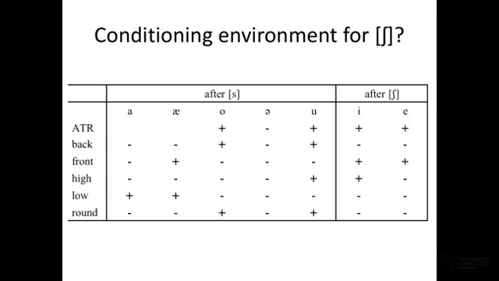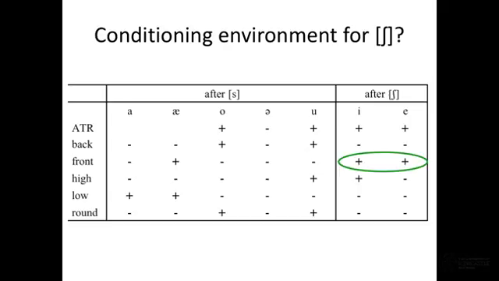We arrange the feature chart with the vowels occurring after s altogether and those occurring after sh altogether. We can then compare the features and see if we can establish a conditioning environment. In this case, it's not totally straightforward. If it was, we would be able to see one row that contrasts completely for s and sh. In other words, a row that has all minus for one sound and plus for the other sound. We don't get that, but we can see that e and e